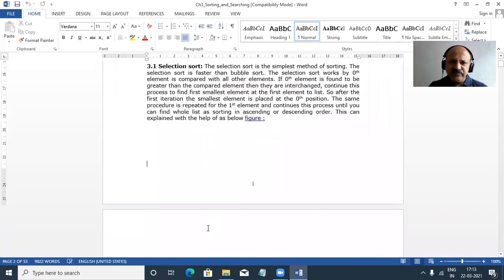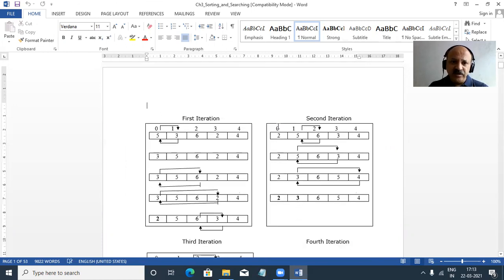Selection sort is a very simple and oldest technique, we can say, but it is faster than bubble sort. Selection sort compares the zero element to the rest of all the elements, and we use an iteration table. Here you can see the first iteration. Our zero element is compared to the next, and if that is smaller, they are interchanged, so swap is the logic.